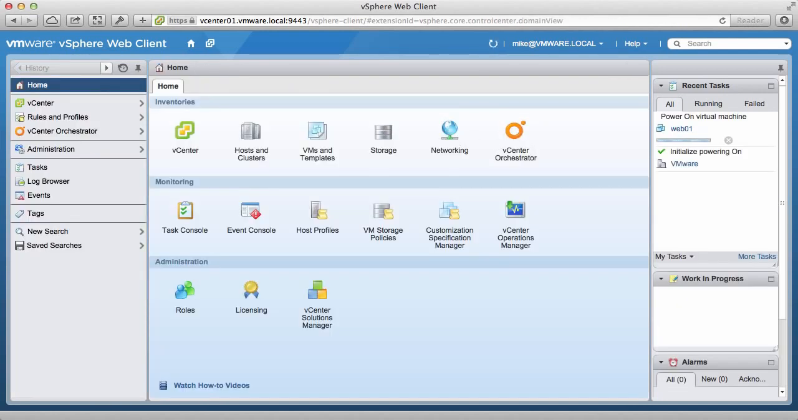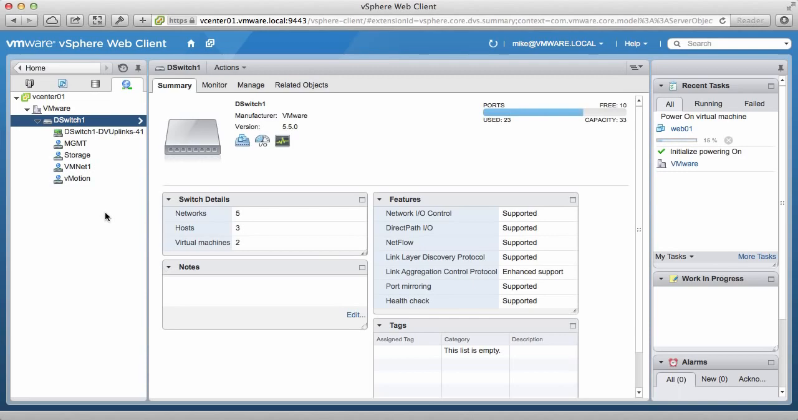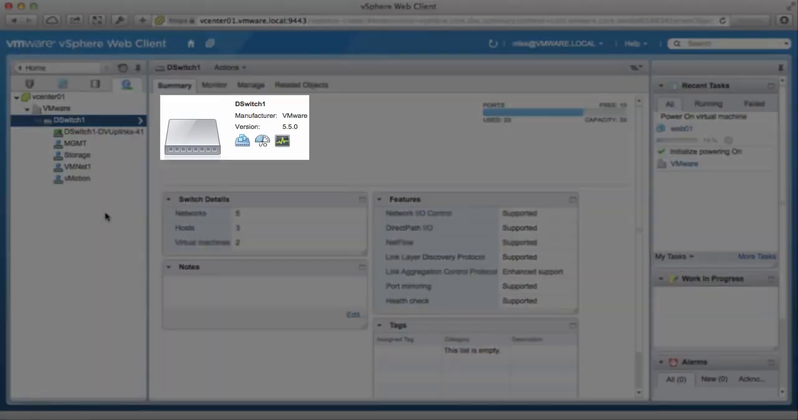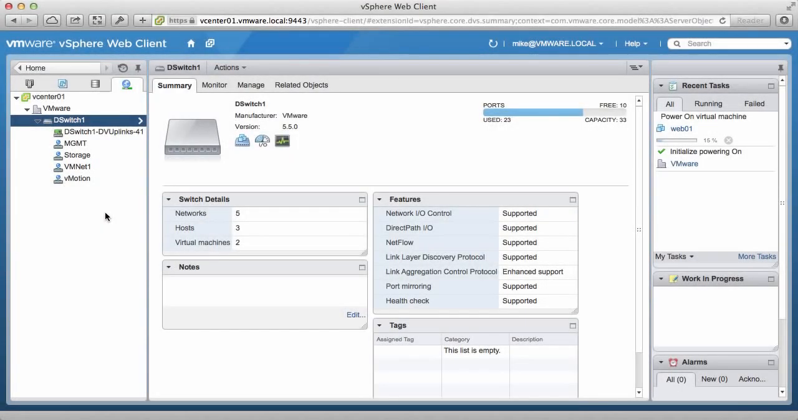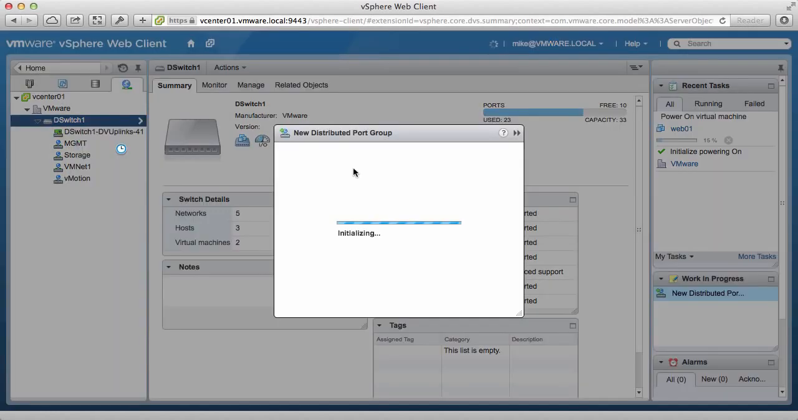We then go to the networking section to examine the distributed switch itself. We see our distributed switch, which contains 4 port groups. Notice that the distributed switch sits underneath the data center. This is because the vSphere distributed switch is a data center object, unlike the standard switch, which is a host object. We will now go ahead and create a new port group to see how a port group created on